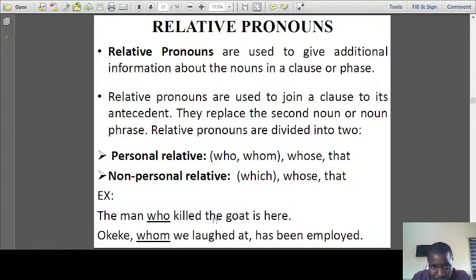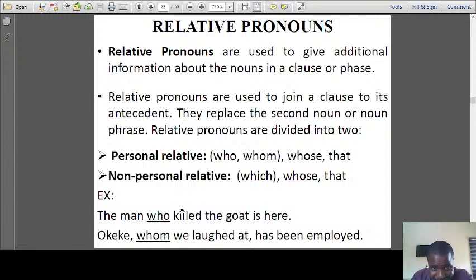Now, to avoid repeating "the man," we use a subject relative pronoun because we are replacing the subject. "The man killed the goat. The man is here." So the second one, "the man is here," we are replacing with "who,"